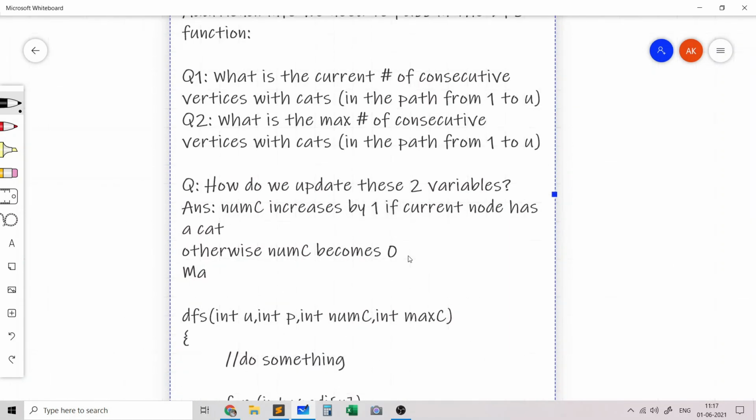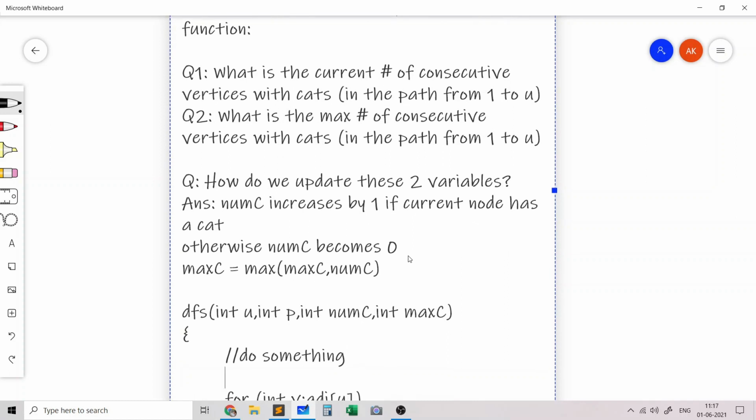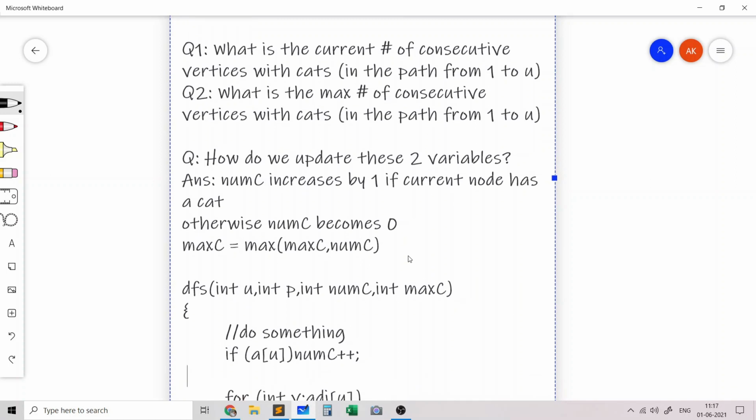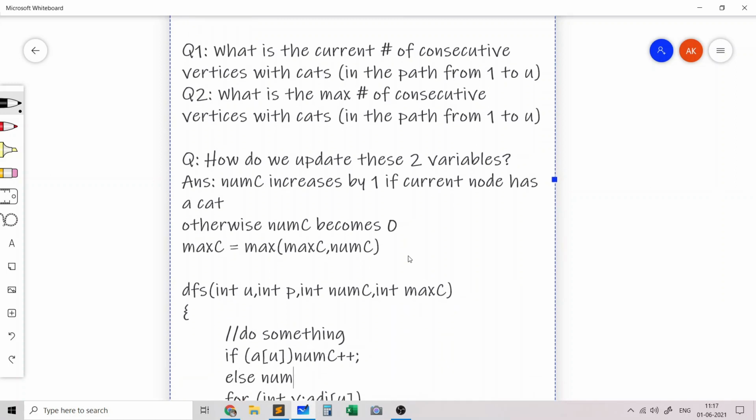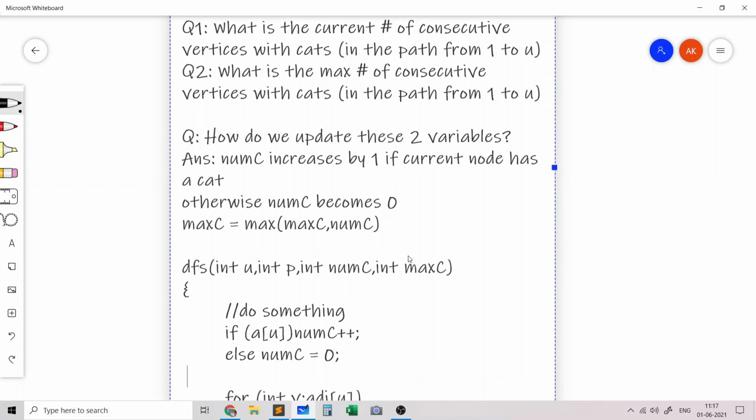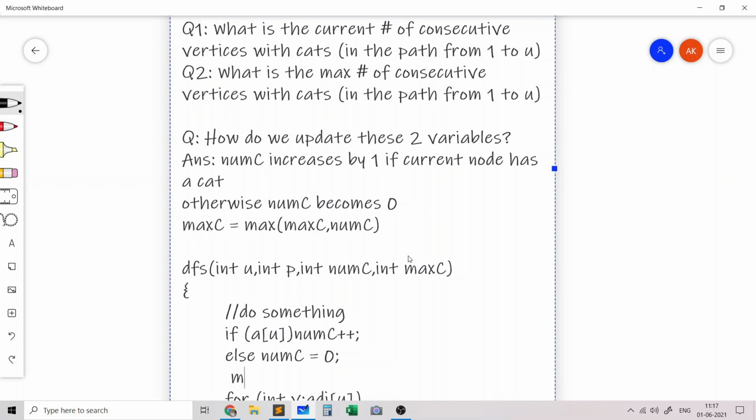Now how do we update max consecutive? The way to do that would be: max consecutive becomes the maximum of what it already was and num consecutive. So that's essentially what we need to do. If a of u, then num consecutive plus plus, otherwise num consecutive is 0, and we just update max consecutive to the maximum of what it already was and the current num consecutive, and that's all that's there